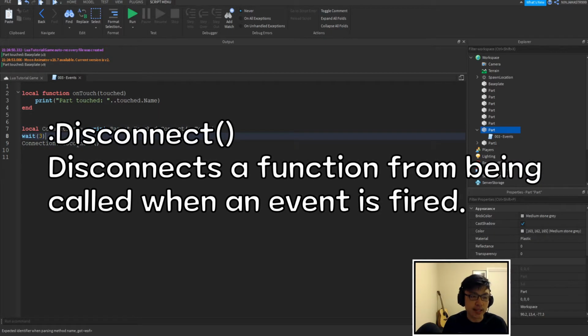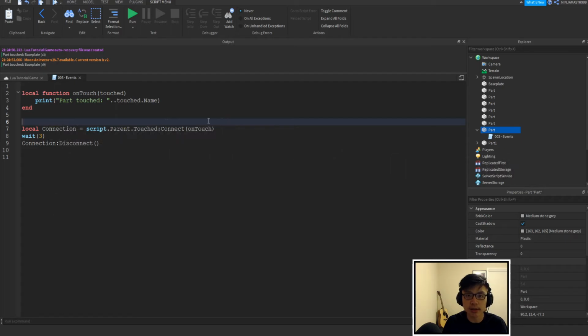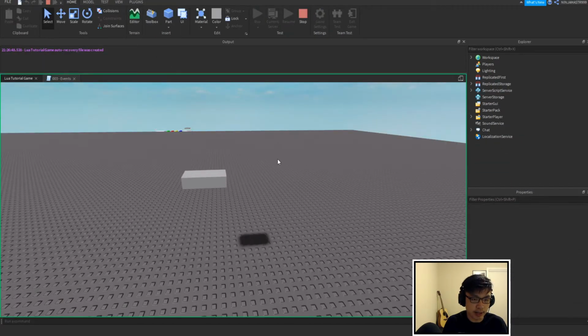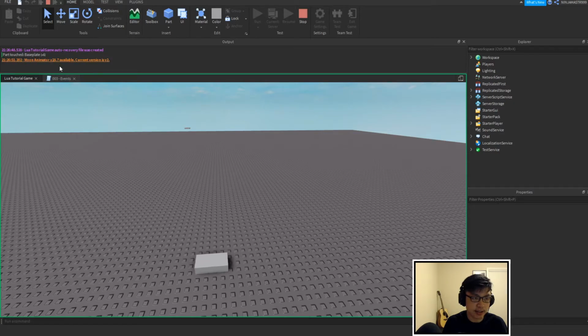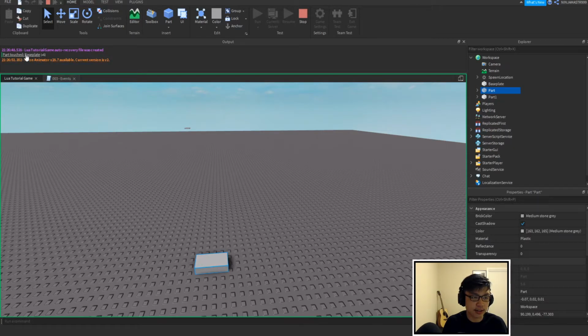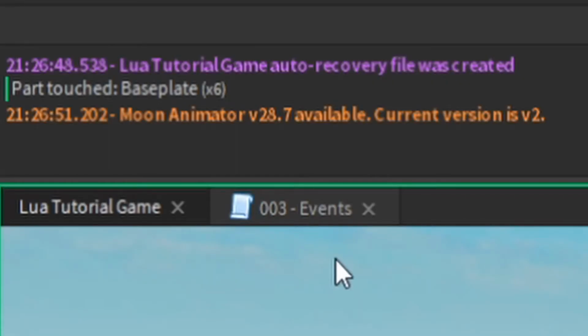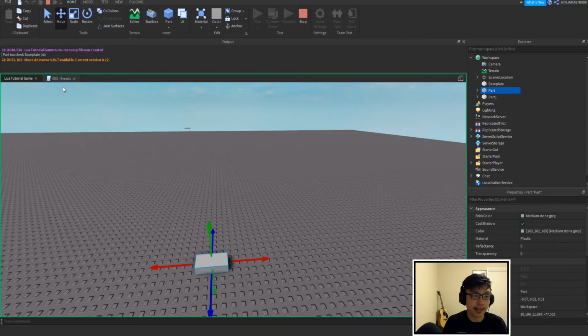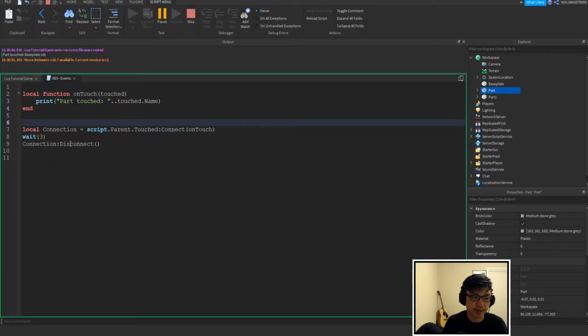What this is going to do is disconnect this function from this specific event. So the event will still fire, but it will not call the onTouched function. We can see that simply by running the game. You'll see that it touches, it touches, it touches, and it fires the event, but we will move it up now, and you'll see that nothing shows up in the output, and that is because our function has been disconnected